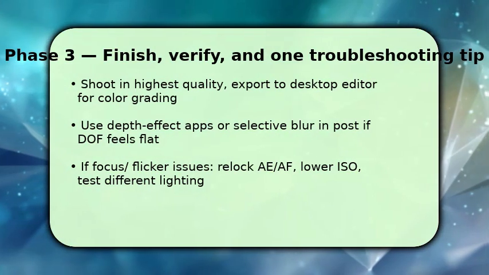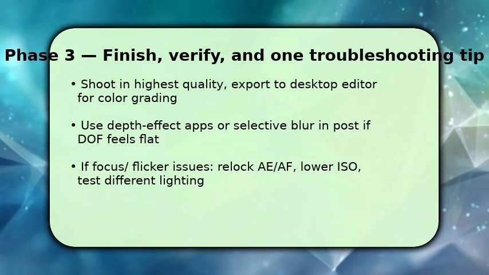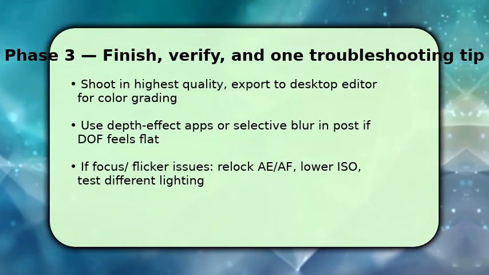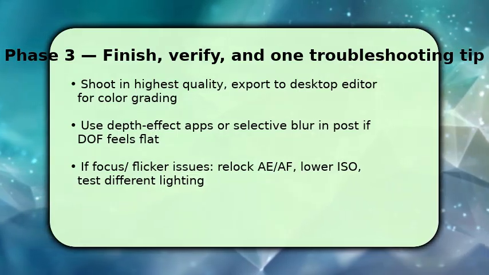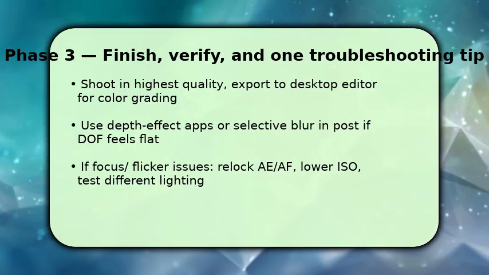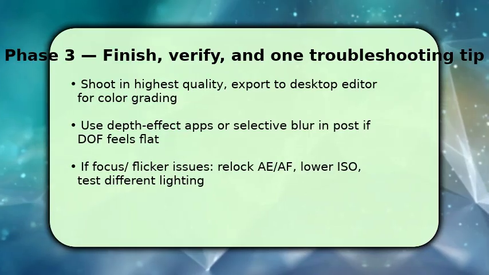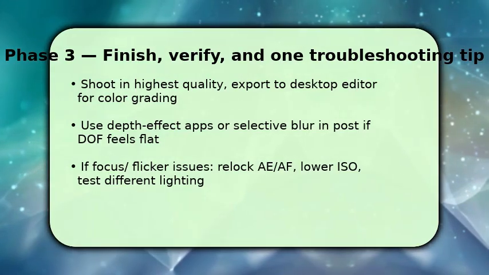Finish by exporting the highest quality footage you captured and perform color grading and selective blur on a desktop editor to enhance the cinematic look. If the shallow depth feels weak, use depth effect apps like Focus Live or apply Gaussian blur masks in editing to mimic lens bokeh. If you encounter focus hunting, flicker, or noise, relock AE/AF, reduce ISO, add continuous soft lighting,